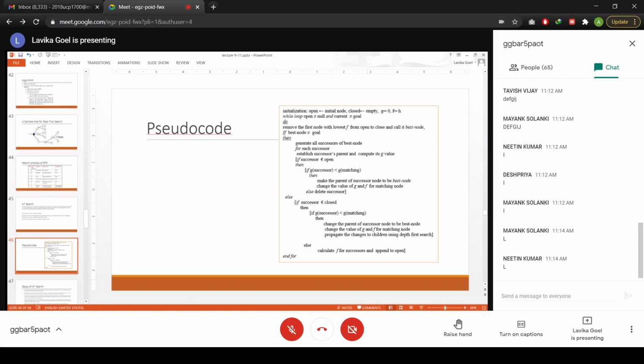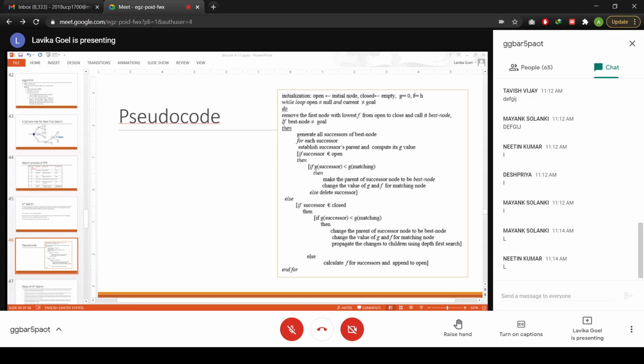Your G value is 0 for the initial node. Why is the G value initialized to 0 for the initial node? Can anybody tell me? Simple logic.